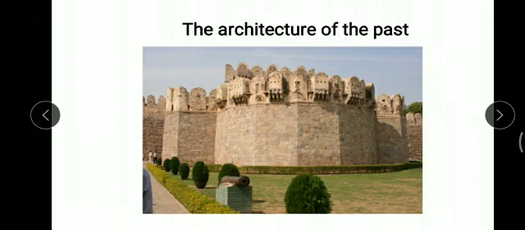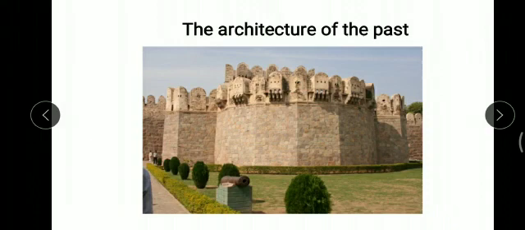Here in this picture, you can see there are round shaped structures called bastions. There are big holes in it. These big holes were made in order to increase the viewing area and thus the soldiers peeping through could see the approaching enemy. There were almost 87 bastions in Golconda Fort.